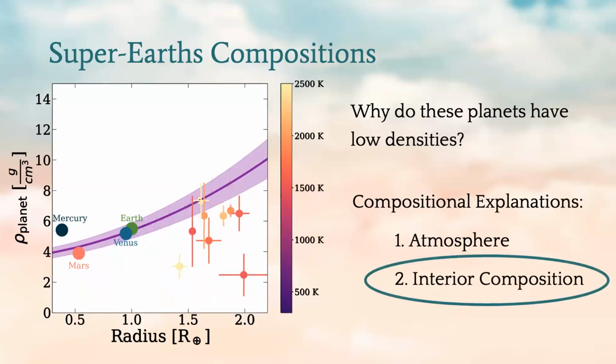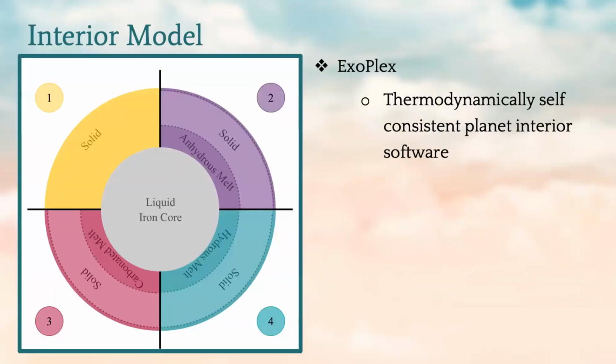So here, for these lava worlds, we would need to look at the interior composition because we don't expect the atmospheres to be large enough to inflate the radius to where we get these low-density planets. So you can either look at magma or you can start changing the amount of iron within the planet as well. So what we ended up doing was creating a planet interior model